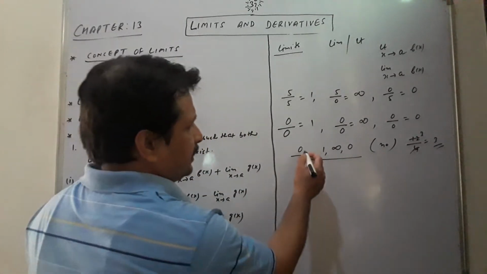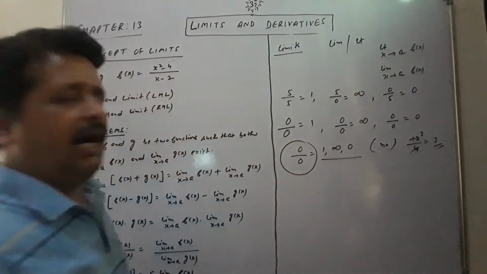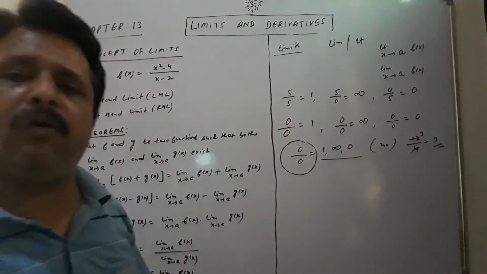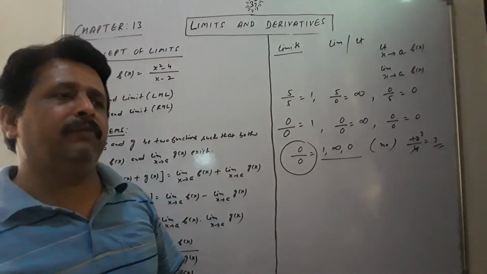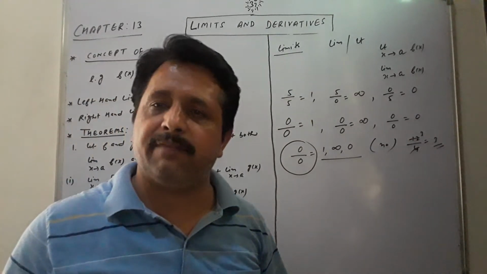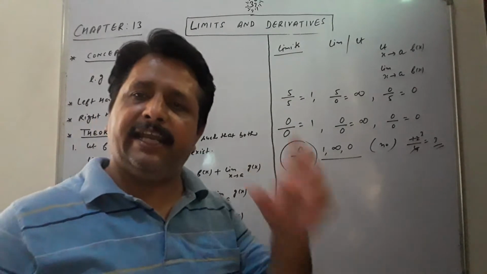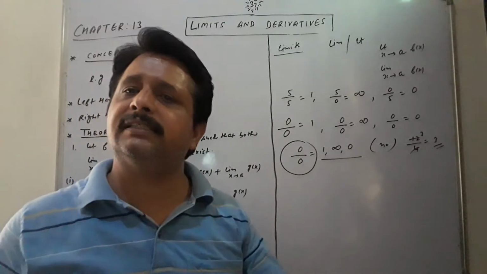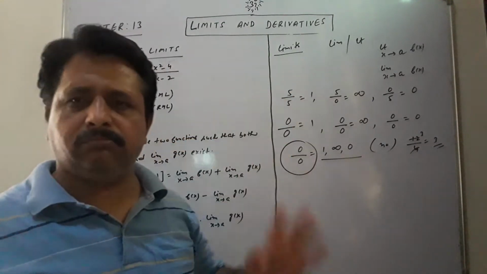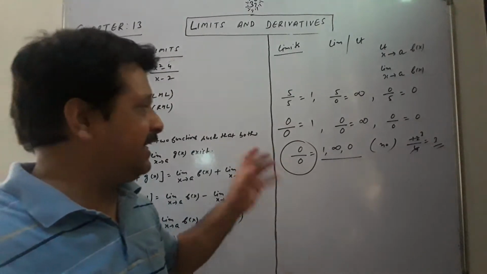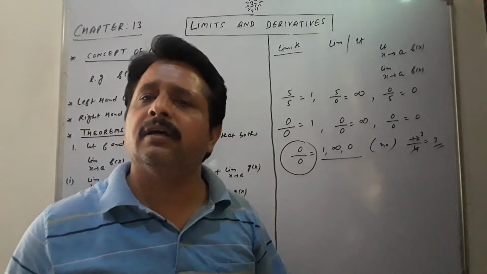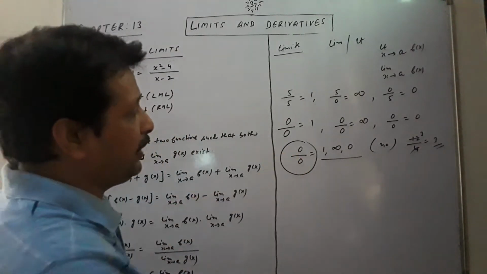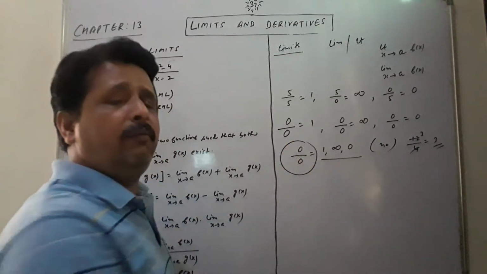Actually, students, in this concept I am going to make its relation with the limits, because to overcome such problems where this 0 upon 0 form comes, this form is known as the indeterminate form. We say this form is indeterminate, invalid, having no value. Why do we say it has no value? Because no mathematician has told us what the value of 0 upon 0 is. But we are going to solve this. We have a solution to overcome this problem.